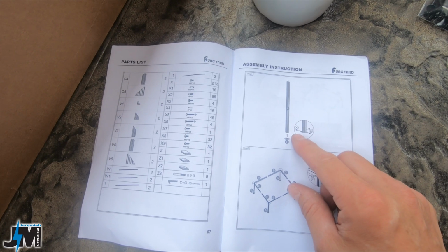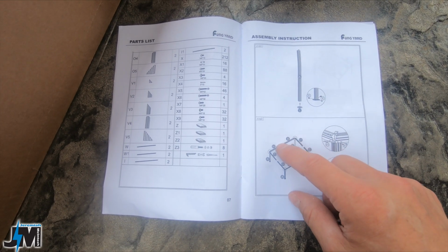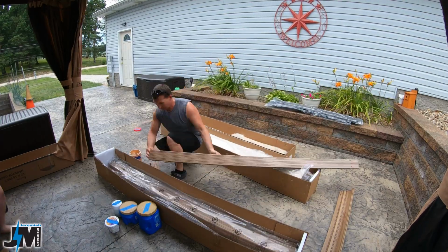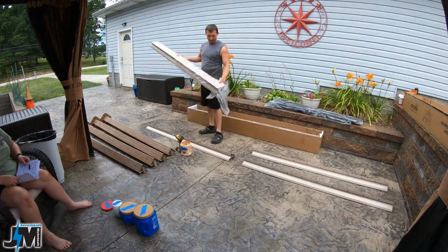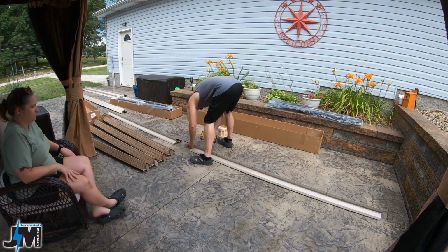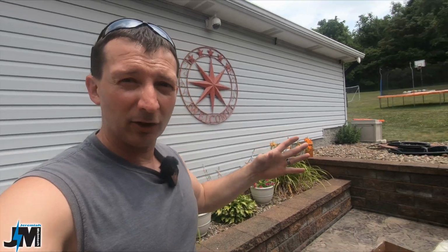The first step in the manual is to install the feet onto the legs, and then you can start installing the top rails. I'll probably bolt these top rails together first and then install them onto the legs. But one word of advice is do not tighten all the bolts down until you get everything assembled, because when I installed this